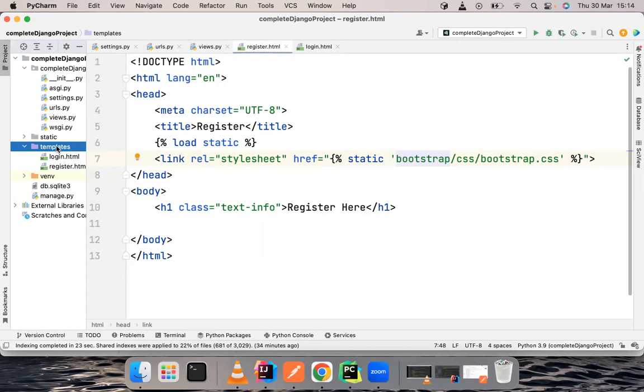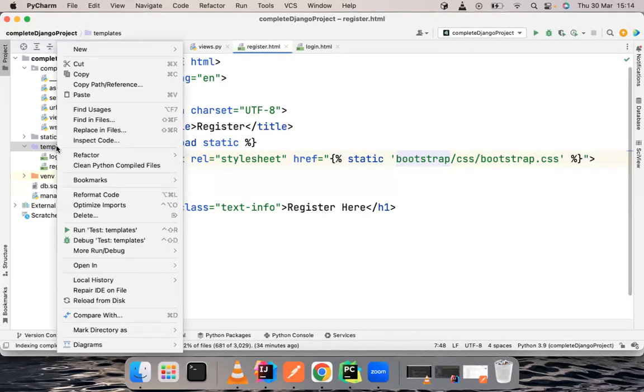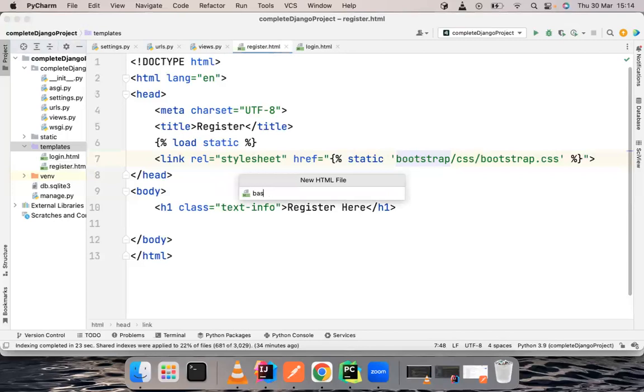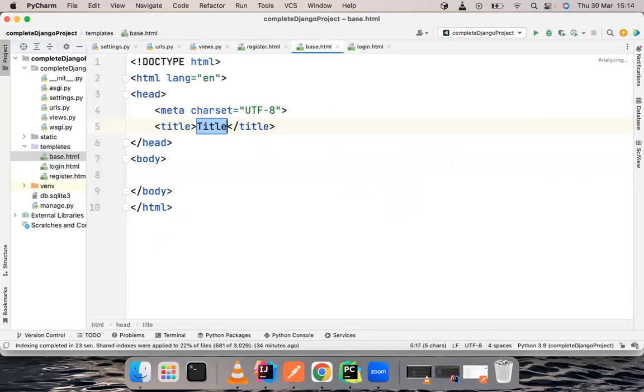Then these other pages can just have their own unique kind of codes. So quickly on the templates, let's right click and create another HTML file. And this one we can just call base. So the base.html file is the one that is going to hold every code that we may want to have. Yeah. But of course we can call this maybe Django. The title is Django complete